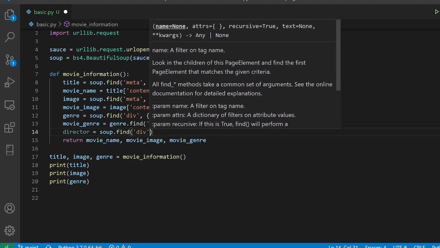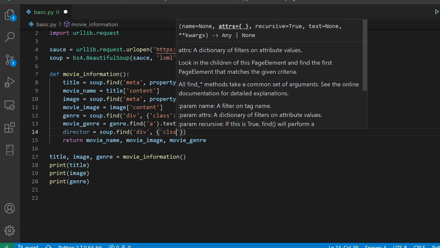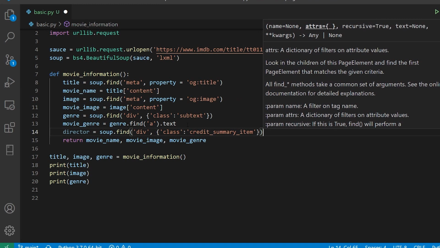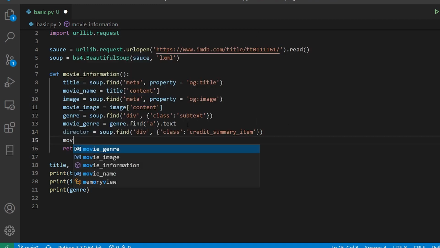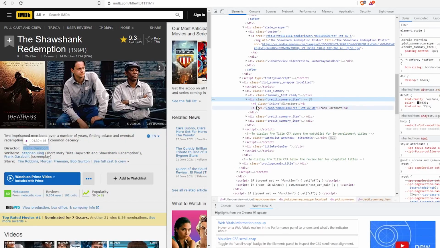In this I'm going to say div followed by class colon, I'm going to say credit summary item. Later on I am going to say movie director is equal to director dot find, in which I'm going to pass the anchor tag.